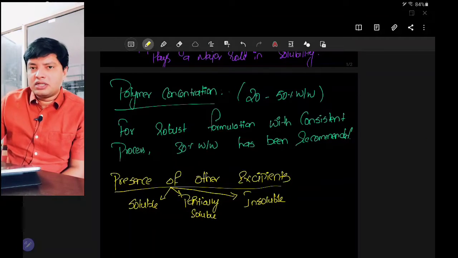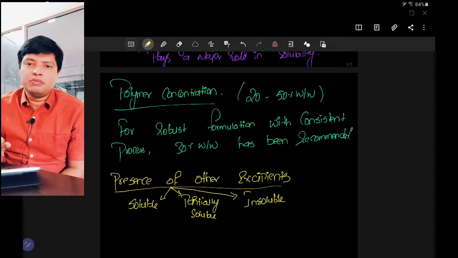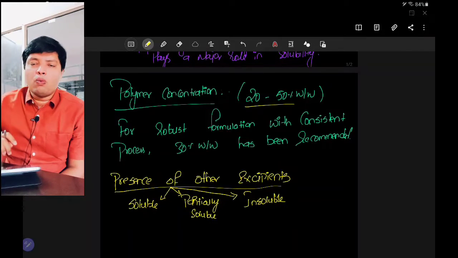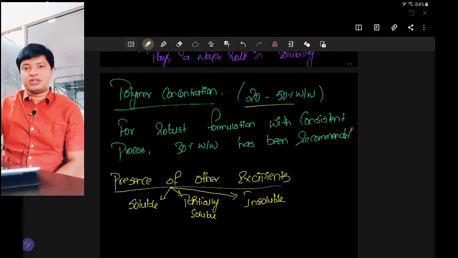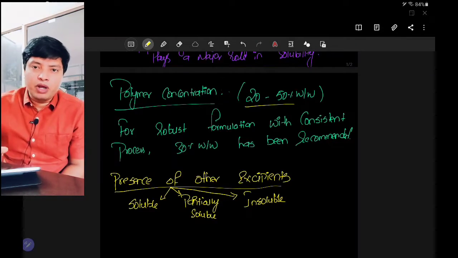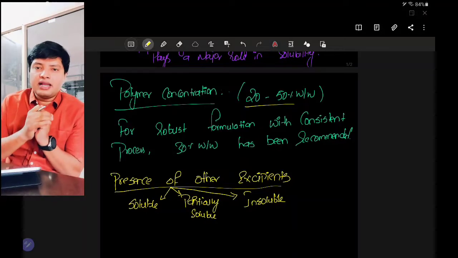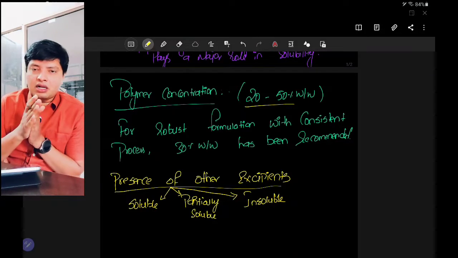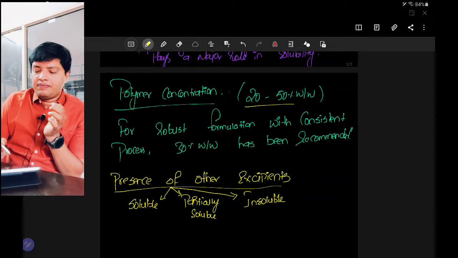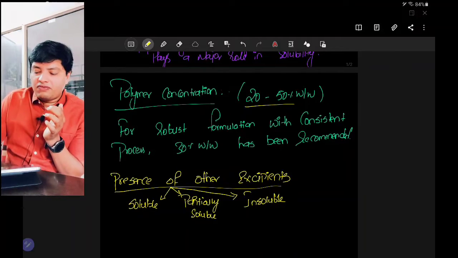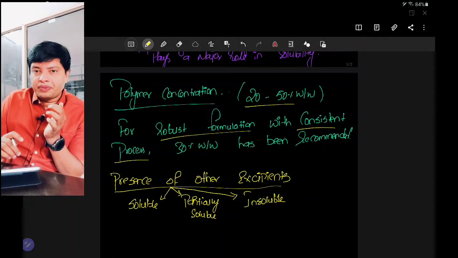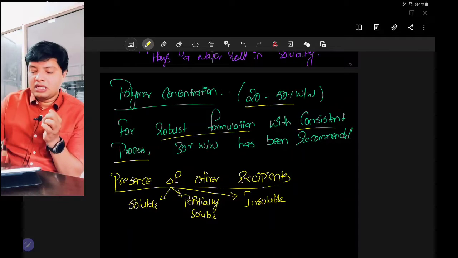Now the polymer concentration: what concentration of polymer is to be used? Generally we try to use between 20 to 50 percent weight by weight. This is the general concentration of polymer used in designing any sustained, controlled or delayed release dosage form. For the formulation to be robust and give a consistent process,